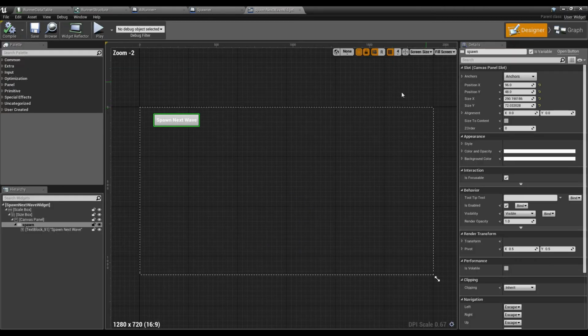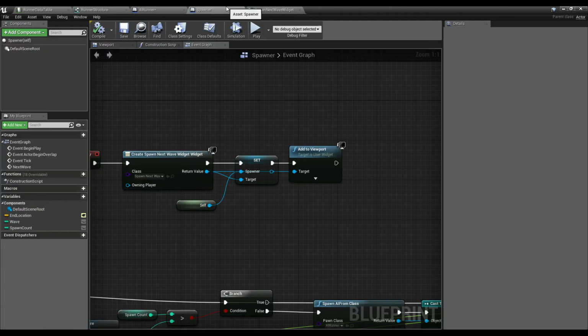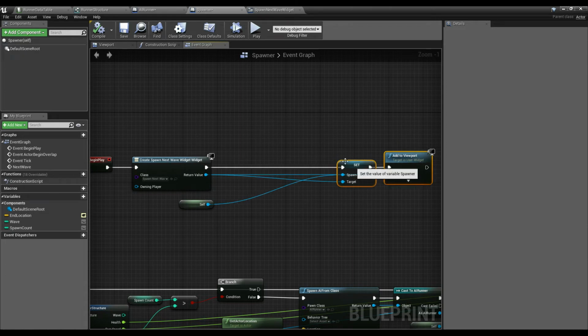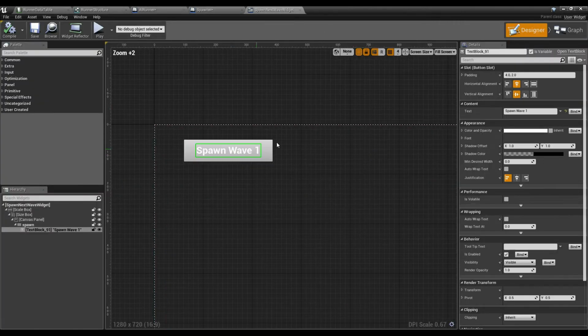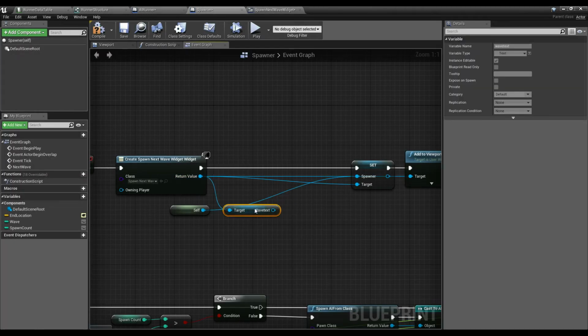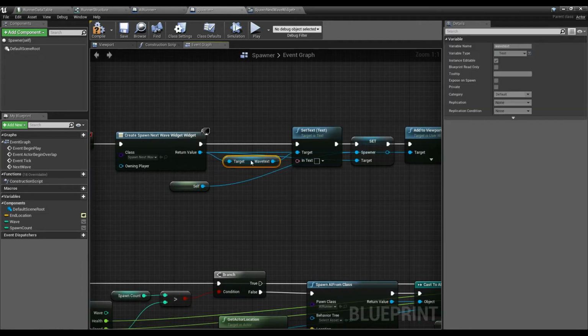If we wanted to, we could add a little bit more functionality. Instead of this text, let's call this text spawn wave, and at first we'll call it spawn wave 1. Let's make this text a variable. Inside of our event begin play, when we actually create our widget, let's do one extra thing. Let's set the text of that. So what do we call that? Let's make this text box, let's call it wave text. In the top right of our text, we need to make it a variable and name it wave text. Then inside of our spawner, when we create this, let's get wave text. So we have a reference to that text box, and now let's set text of that text box, and dynamically set what's inside of that box, and we will